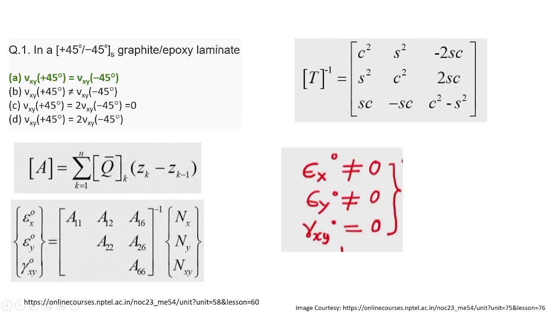Now from the A matrix we can find the mid-plane strains, and from mid-plane strains we can find the global strain of the whole laminate. Now from global strains we have to change it to the material axis strains. For that we have to multiply it with the transforming matrix. Here you can see the transforming matrix, which is used to change the global to material axis. But for the plus and minus 45 degree angle, the transforming matrix value is the same for both. As the transforming matrix value will be the same,